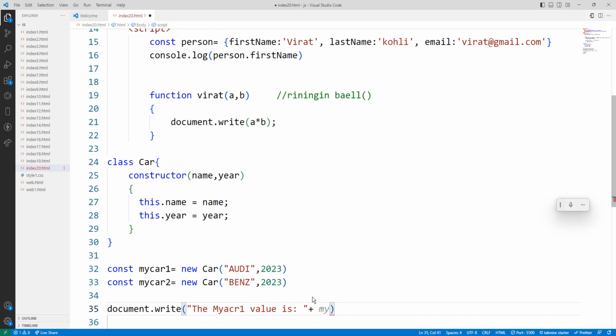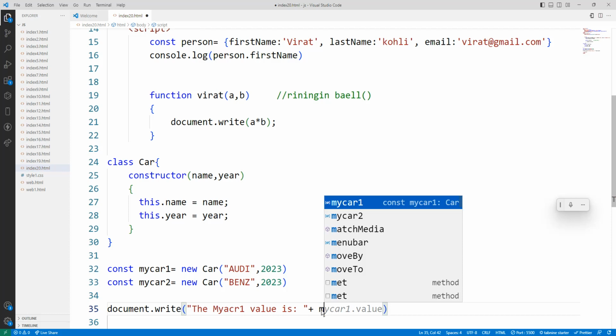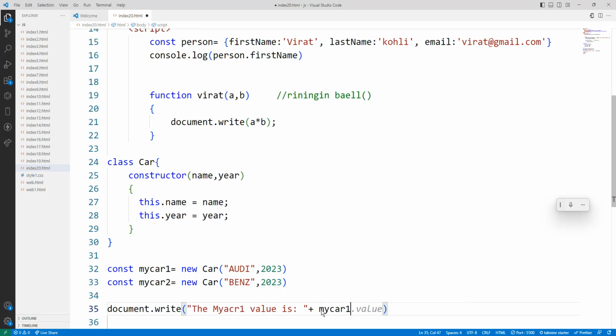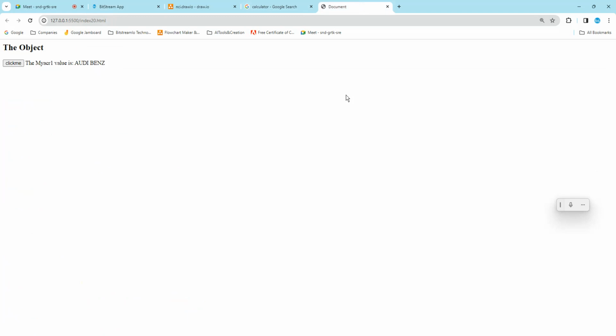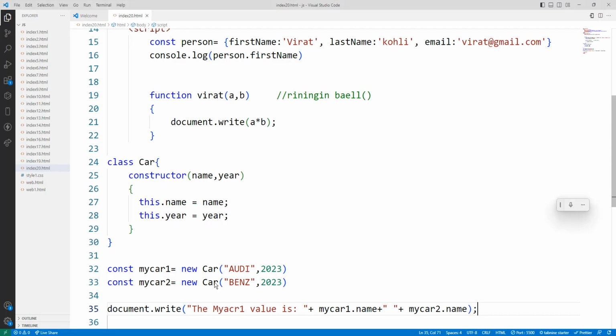how to add, here the object name, myCar1 dot, what is the property name? The name is the property name. So we'll understand the code, no worries, okay? So right click, open with Live Server, it's already running. See, the myCar1 value is Audi and Benz. So we'll add a